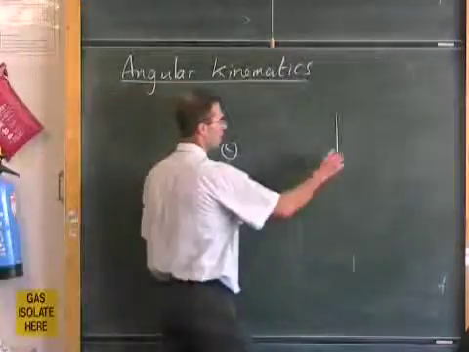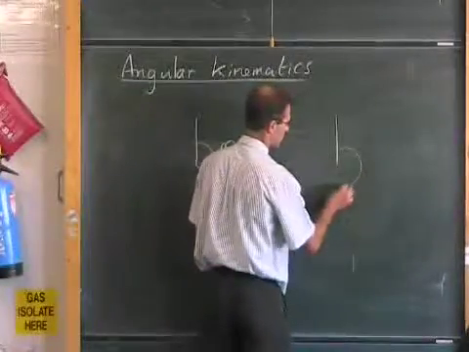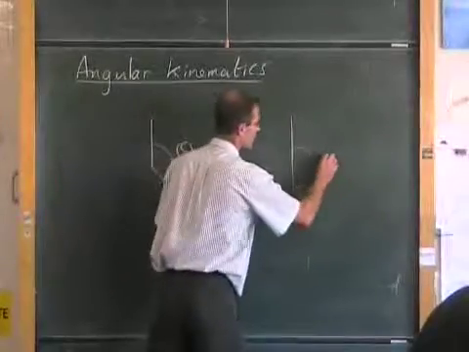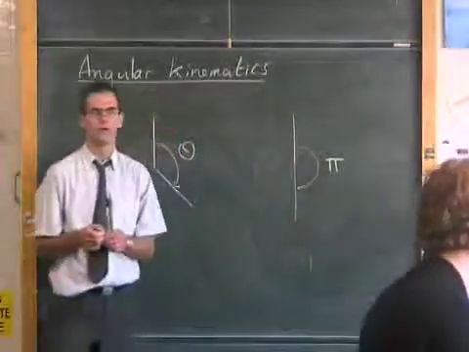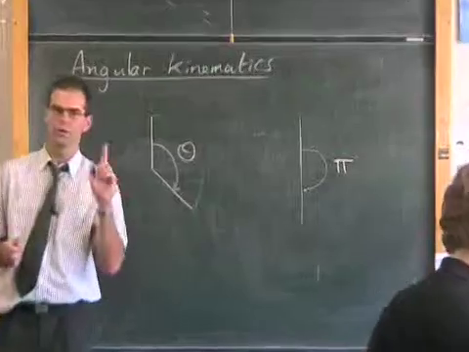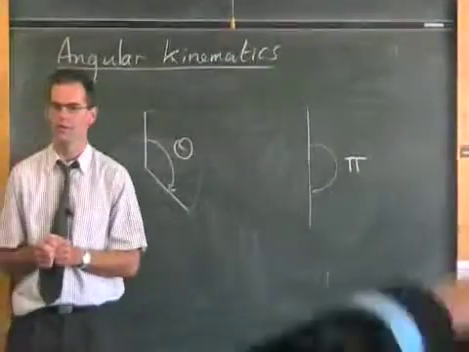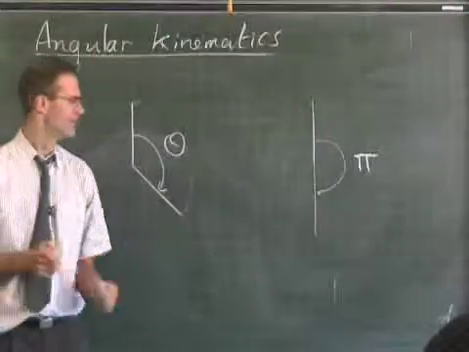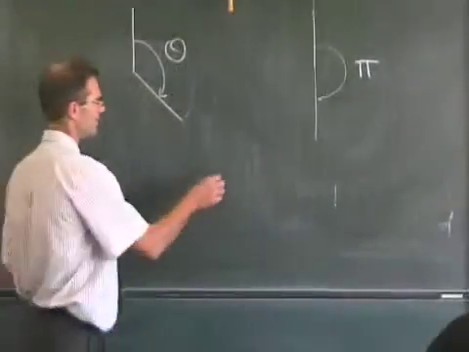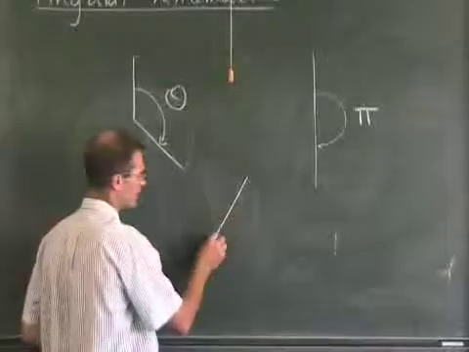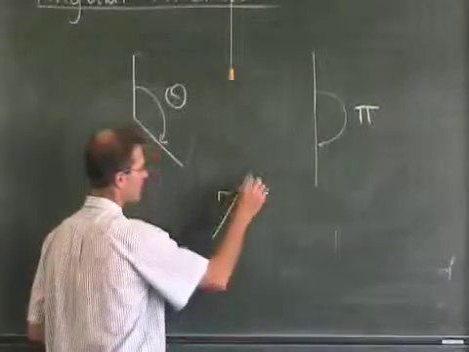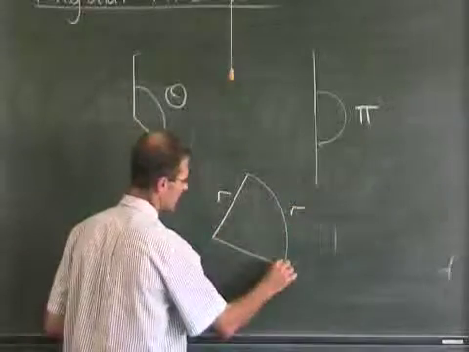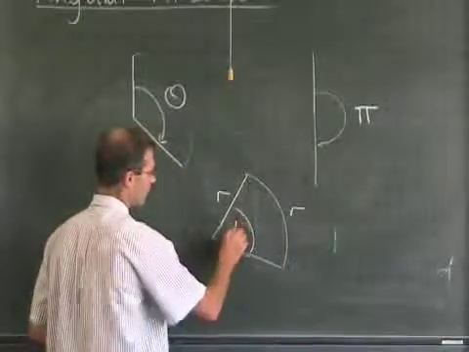If you go all the way around what we would call 180 degrees from one side to the other, half a revolution is pi radians. But what is the definition of 1 radian of angle? Tom? Where the length of the arc of the circle is the same. Okay, so you take the angle from there. If that's your radius, if you measure the arc, and that's also the radius, then that would be 1 radian